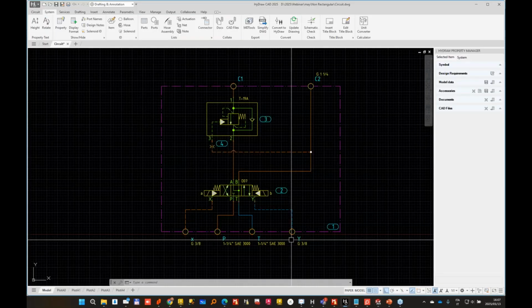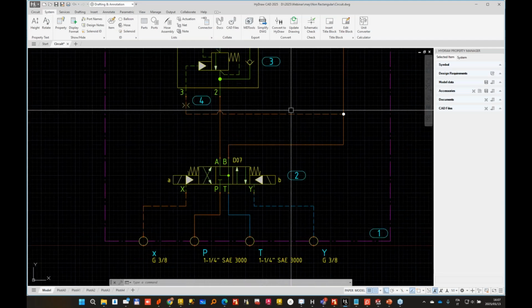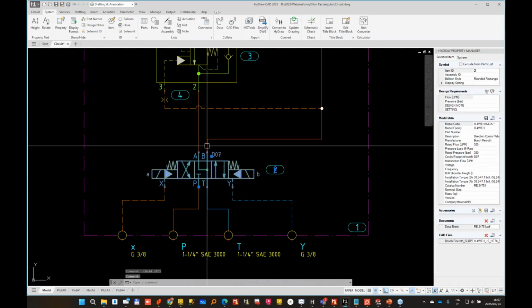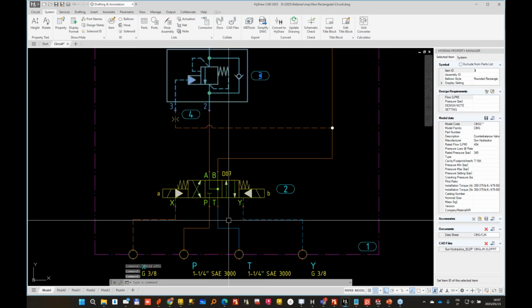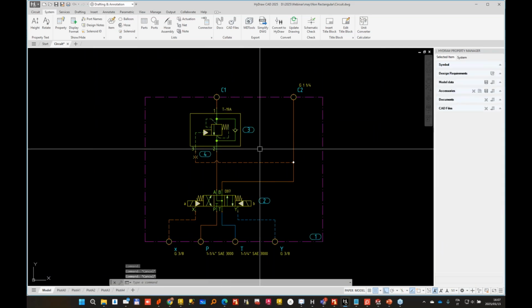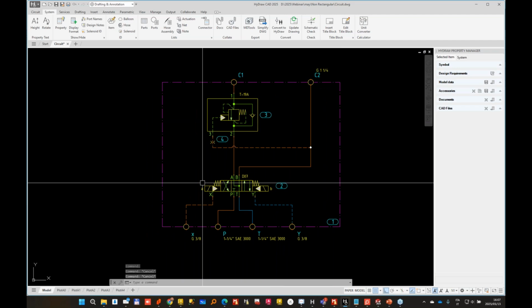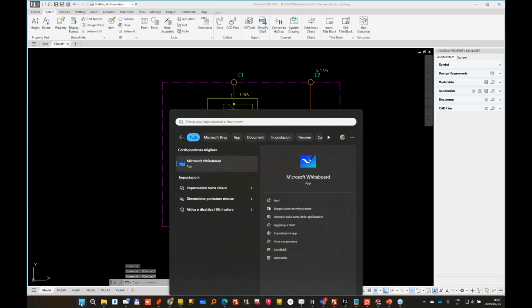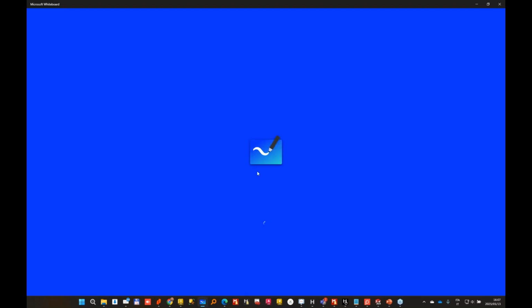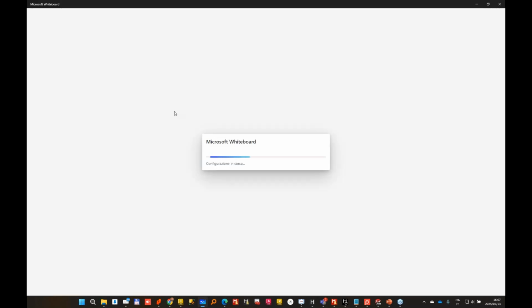So basically the valves will be an NG16 directional control valve and a counterbalance valve and some ports. So basically I want to embed this function directly into the cylinder. So my end result, if I open a whiteboard just to try to sketch what I'm going to use,